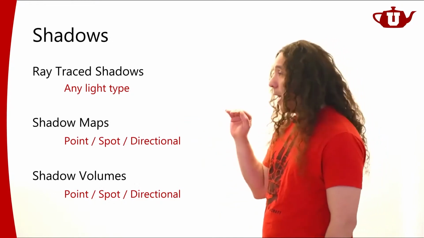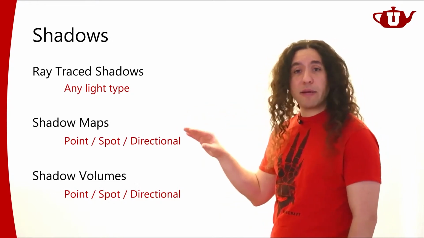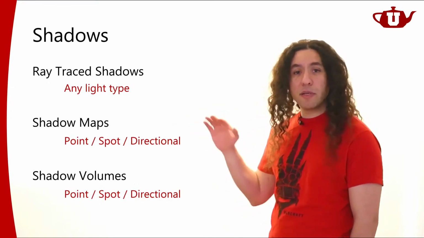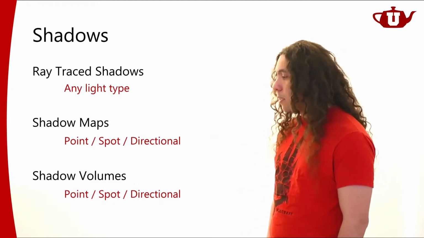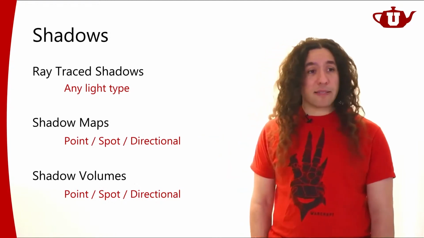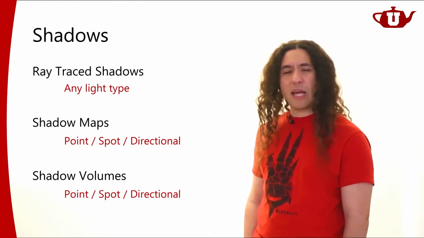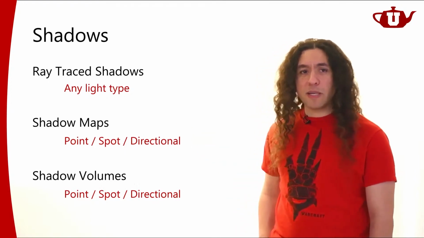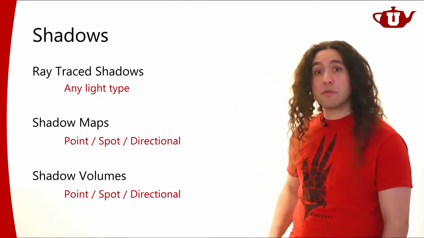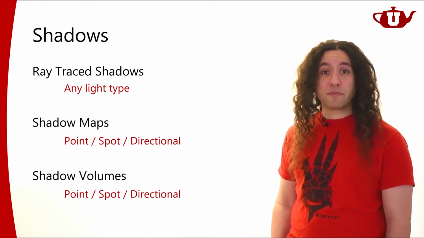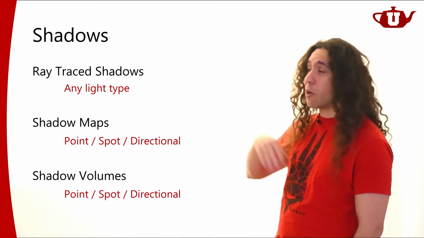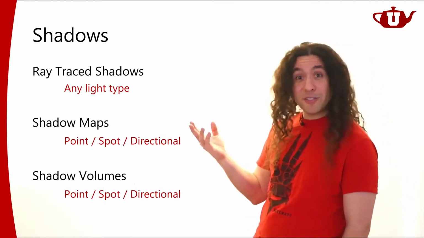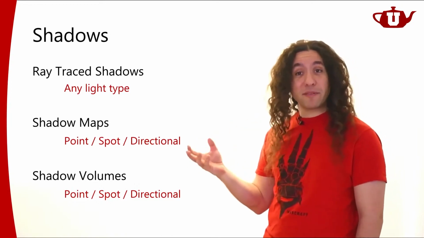But if we have a point light source, a spotlight or directional light, shadow maps, or using cascaded shadow maps, for example, will probably give us a better performance in a lot of cases. Not necessarily, but in typical cases, I would expect to get a lot better performance with shadow maps as compared to ray trace shadows. So this would be an easier way of handling all sorts of shadows if you have the budget for it, but oftentimes we don't. Oftentimes we want to have something fast.